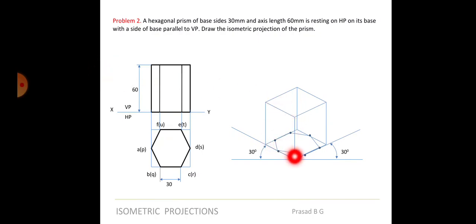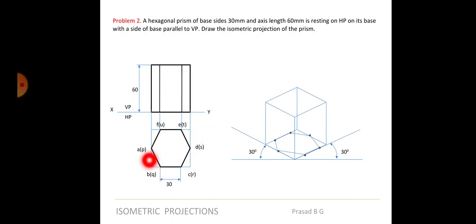So you already got this base. So from there you know the axis height. What is the axis height? 60. So for example, if this is 1, this is 60, ISO 60, from 2 ISO 60, from 3 ISO 60, from 4 ISO 60. So you will get one more 1, 2, 3, 4 box on the top as well. Got it? But everything should be light. I'm repeating that again. Everything should be light. Okay? So you get the top also.